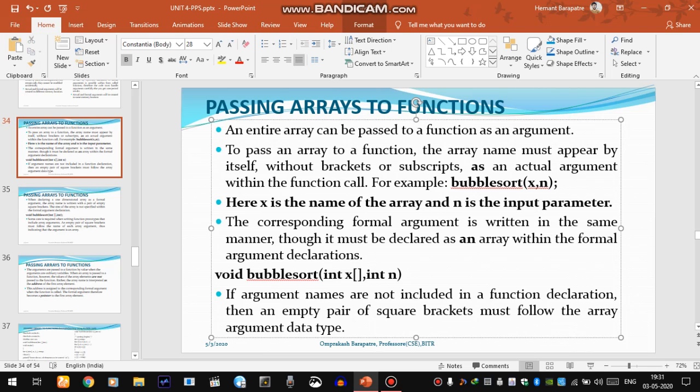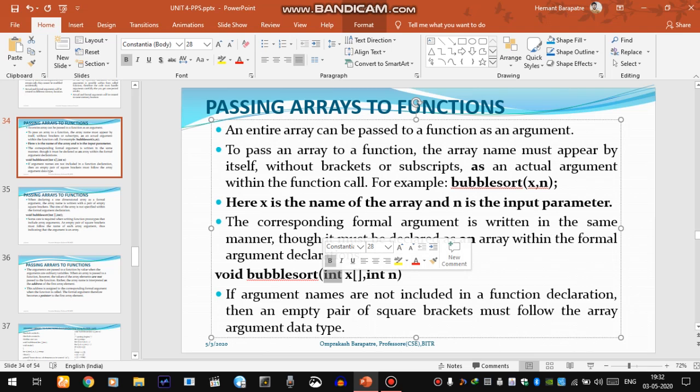The subscript tells that it is an array. For the function definition, we can write the following function header: void bubblesort(int x[], int n). Bubblesort is the name of the function, and the single subscript suggests that we are passing a one dimensional array, and int is the type of the array.